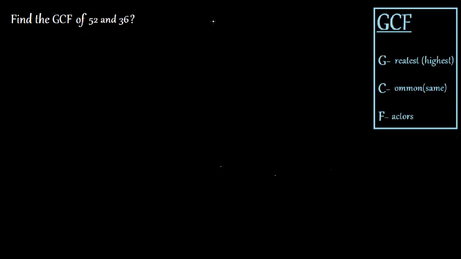Okay, so now we know what to do if we're trying to find the GCF of two small numbers. But what happens if we're trying to find the GCF of two really big numbers like 52 and 36? I mean, we could know the factors of 36, but what about 52? It's not like everyone just memorizes the factors of 52, right? So what you can do to find the greatest common factor, and this is one of the easiest ways to find the greatest common factor of any number,